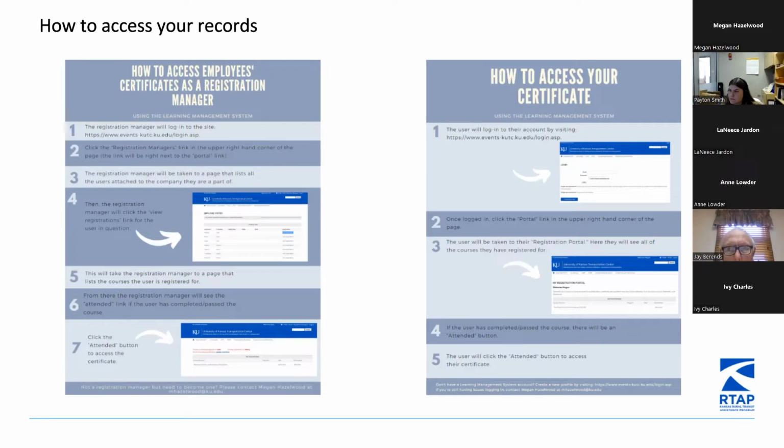On the right, you'll see how to access your certificates. This I will go over because I'm able to view this and share this through my profile. It's very similar: you'll log in at that link that I sent you. Once you're logged in, you'll click that portal link in the upper right-hand corner of the page, and then you'll be able to see all of the classes that you've registered for. And again, if you've been marked attended as completing that course, you'll click that attended button for yourself,